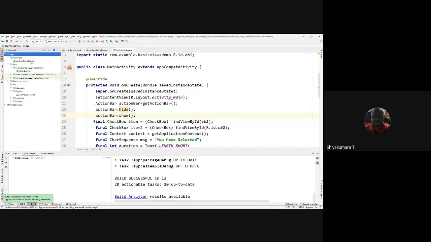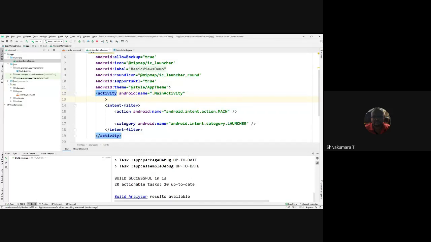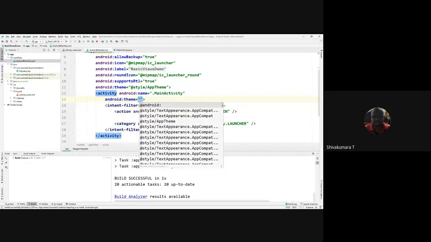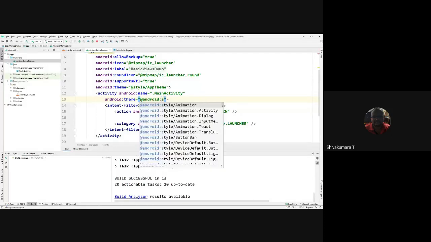In the manifest, you require to add the action bar setting. Previously, before launching the main activity, after launching the main activity, you require to add the following: android theme, android style you need to set.